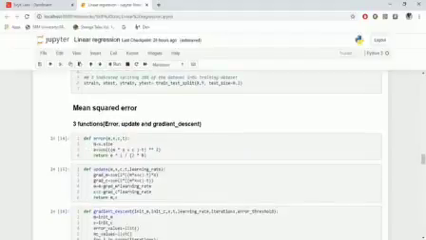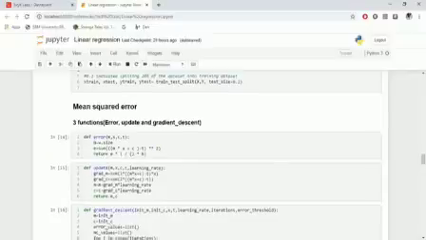Then we need to define some kind of a cost function. Here we are using the mean square error function. We need to define three functions for it to run. We will define error to find the mean square error. We'll define update to update the M and C slope for the linear regression equation